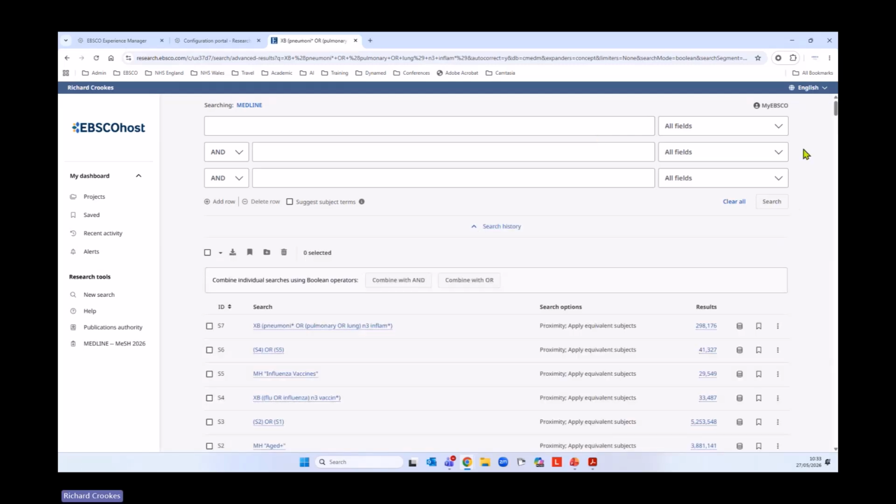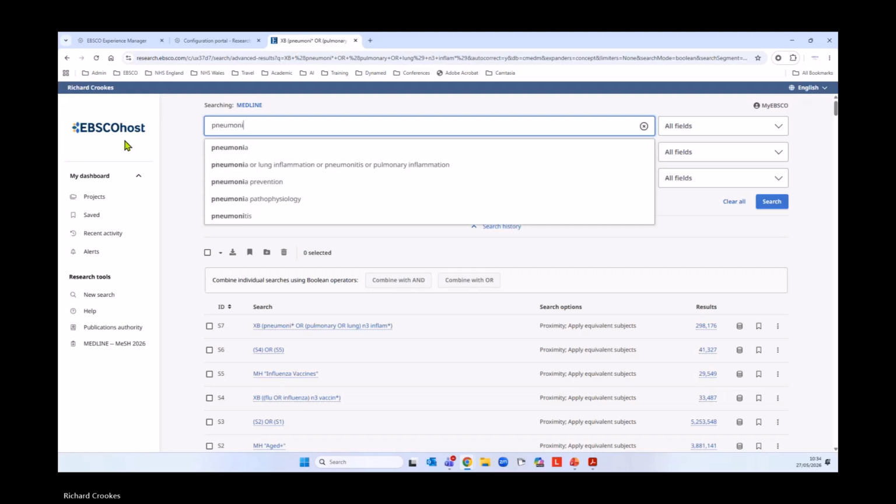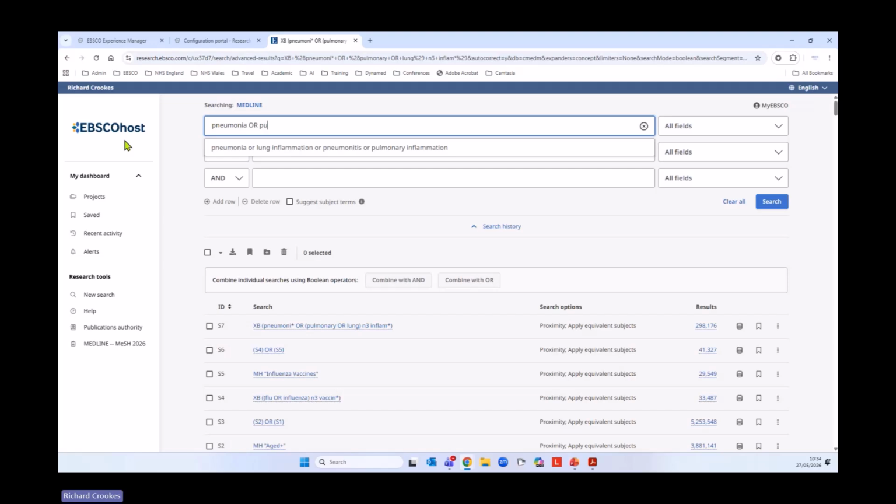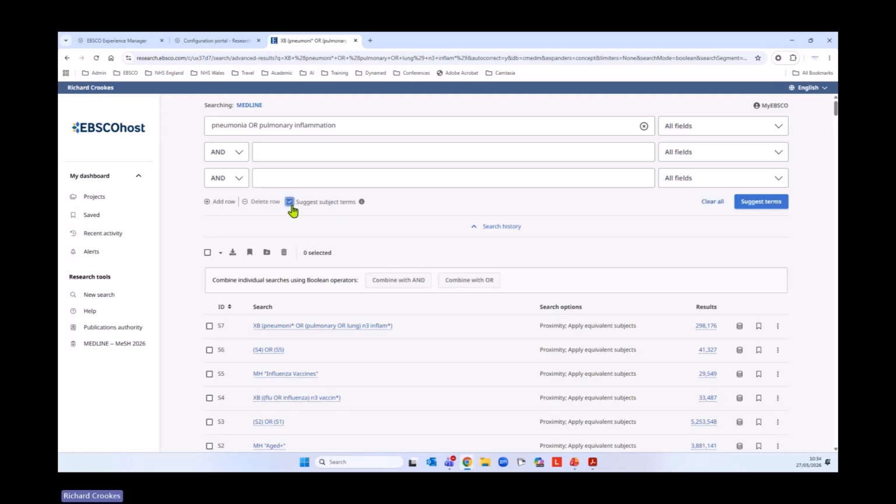So we're now going to look at the equivalent MeSH term for pneumonia, etc. So again, we can do this in a number of different ways. One thing to note here, and we explored this recently in the session, is that it will most likely pick up alternative terms as well if you enter more than one. So for example, if I type in here pneumonia, or pulmonary inflammation. Let's do that for now. I'm going to try this out again. I know it worked before. If I then use suggest subject terms, again, you see the button changes to suggest terms. If I click search here,